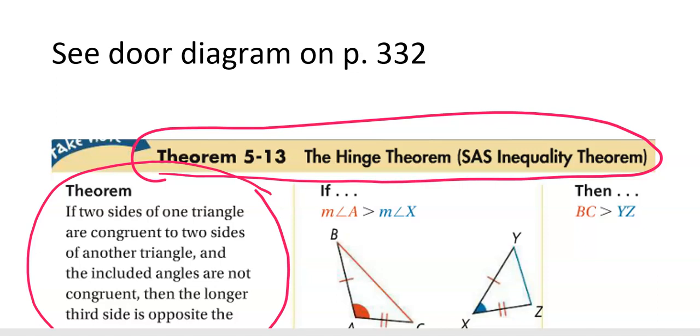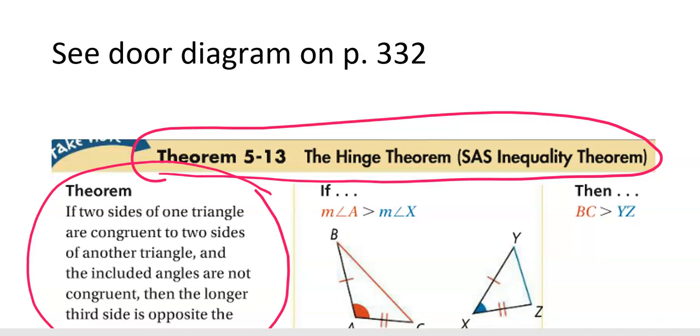Okay, so when you close a door, the angle between the door and the frame at the hinge gets smaller. The relationship between the measure of the hinge angle and the length of the opposite side is the basis for this side angle side inequality. So the wider the door is open, the bigger the angle, but it also makes that side bigger as well. So the hinge theorem,